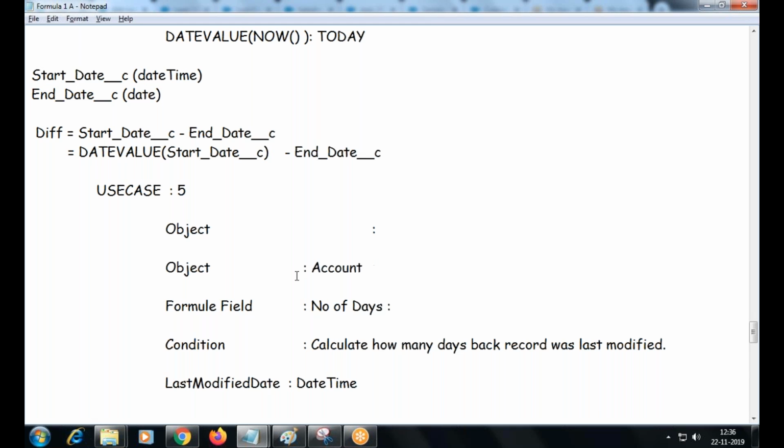This is a requirement for a standard object, account. Okay, I need a formula field called number of days. I would like to display since when the account was last modified. Since the account was last modified, I need to display it in terms of number, right? What is an account actually in Salesforce? Customer. So if you modify any customer details, I would like to see it in the record itself. If 5 days before the record was modified, or the customer is not modified at all,